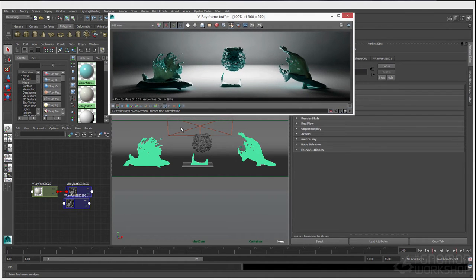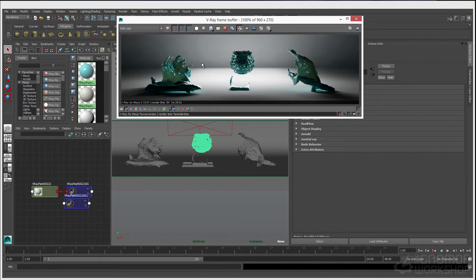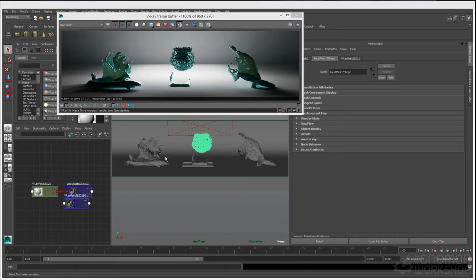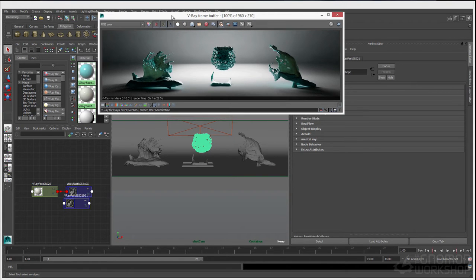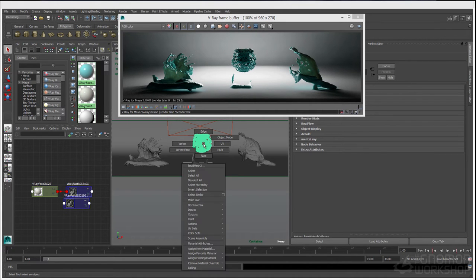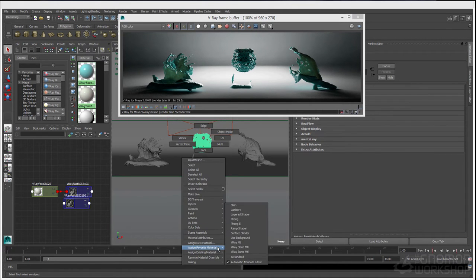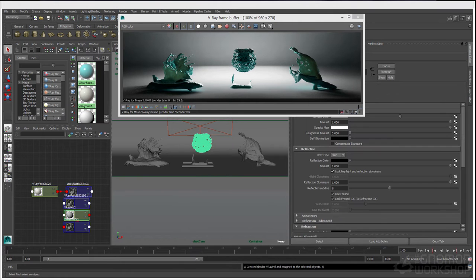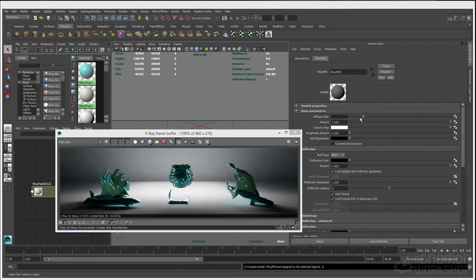But first, let's talk about how to export our Vray proxy. So in our little demo scene here, you can see that we do have 2 liquid meshes with a shader assigned. I'm actually going to assign a different shader to this object right here. So I'm just going to assign a Vray material, and we'll just make that kind of a metal material on that guy. So we'll just set the reflection color up, turn on our Fresnel, turn off the lock,